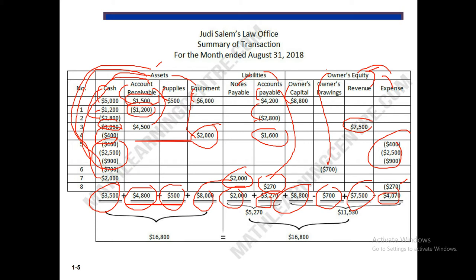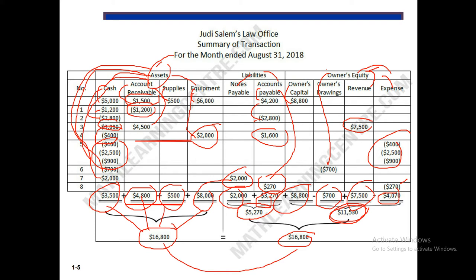That means on the asset side, asset number 1, 2, 3, 4, the total amount will be 16,800, and these are our two liabilities. That means there are two liabilities, $5,270, and this is our owner's equity. Owner's equity, actually we call it the closing balance of owner's equity. Anyhow, later we will discuss this matter. Now 11,530, this is our owner's equity. So this balance and this balance are equal, the same balance.